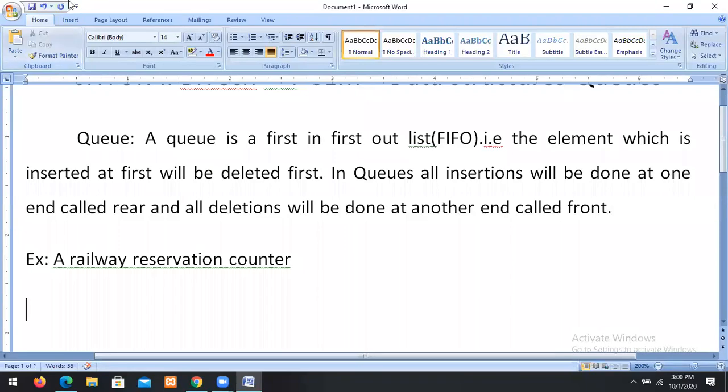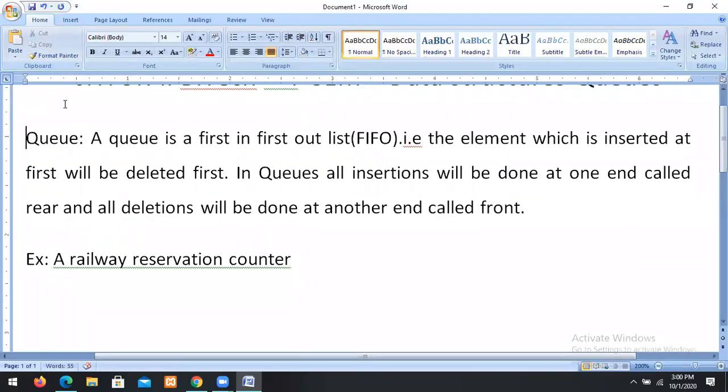If we go to a railway reservation counter, we follow the queue. In some places they also show a sign: please follow the queue. That means the person who stands first will get the ticket first, and a person who comes last will get the ticket last. Such a list we call a queue. So a railway reservation counter is an example of a queue. It is first in, first out.